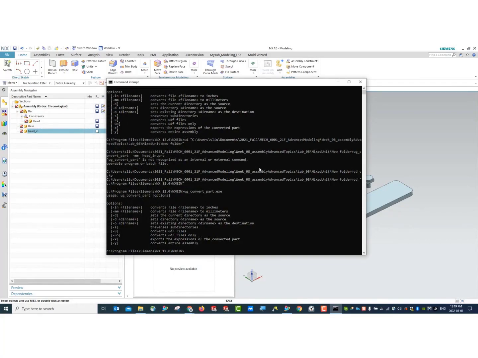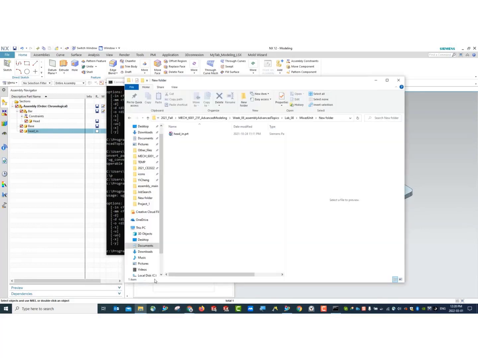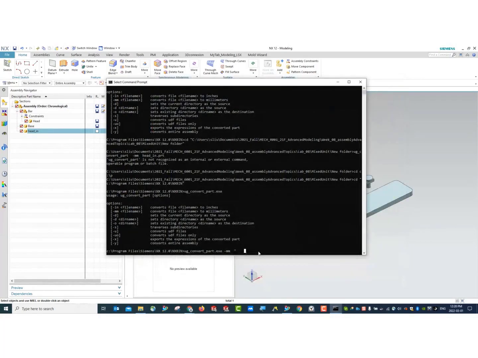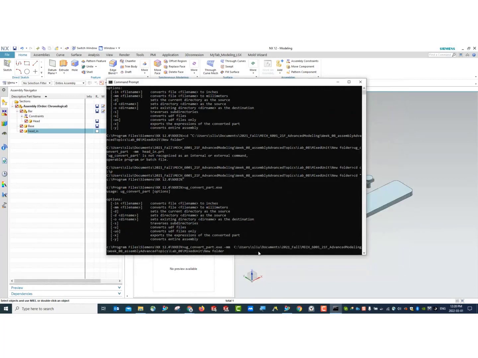All right, so now I'm going to say UG convert. You can use the tab key to find the file. I can type UG_CON and then use tab to find the file I want to run. Then use the full directory. Give the full directory. If you simply use this one,